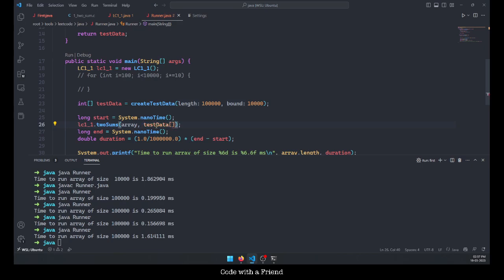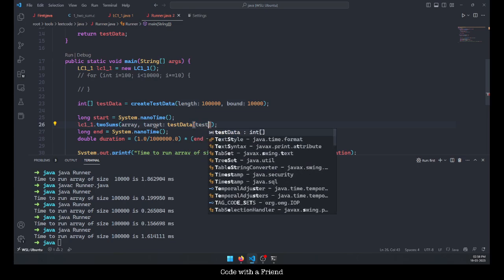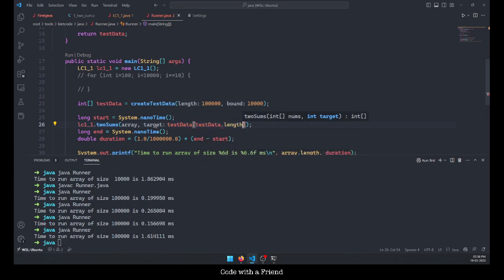So we always know that that's our worst case according to this algorithm, and then the comparison numbers will be in that range. So if we have test data length -1 and test data length -2, this becomes my target, and this is my array,